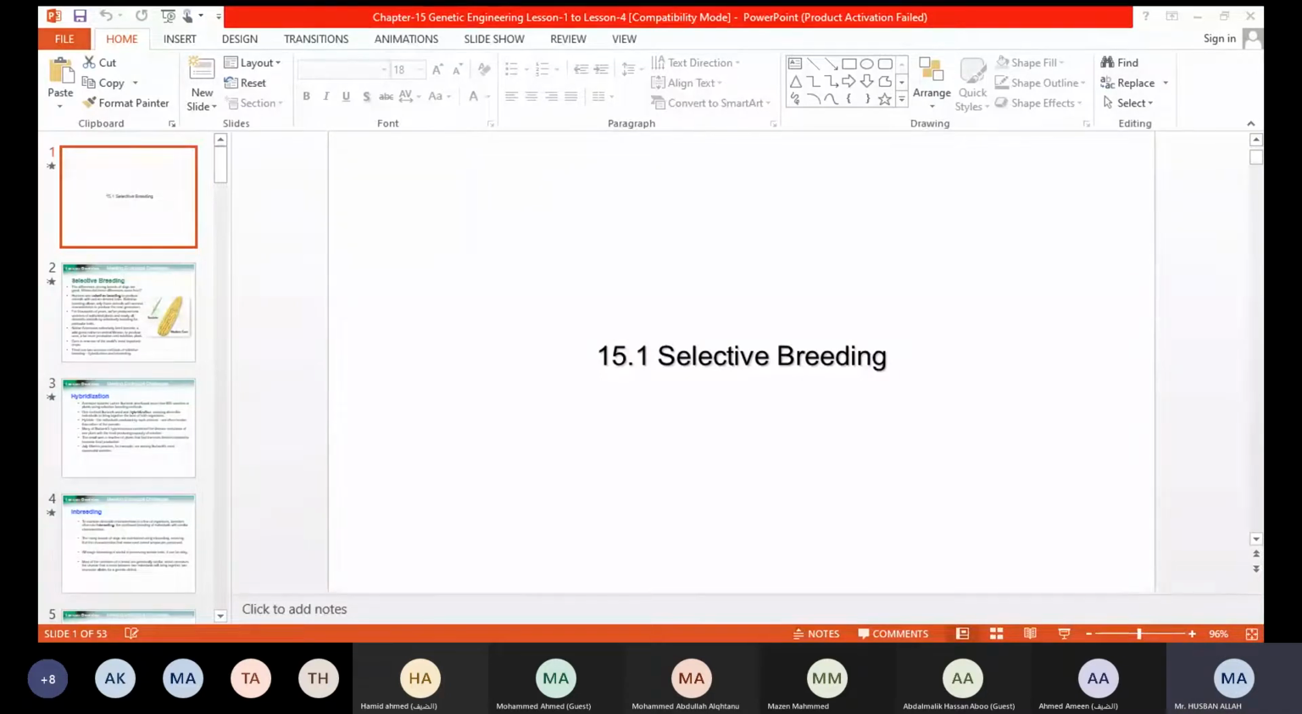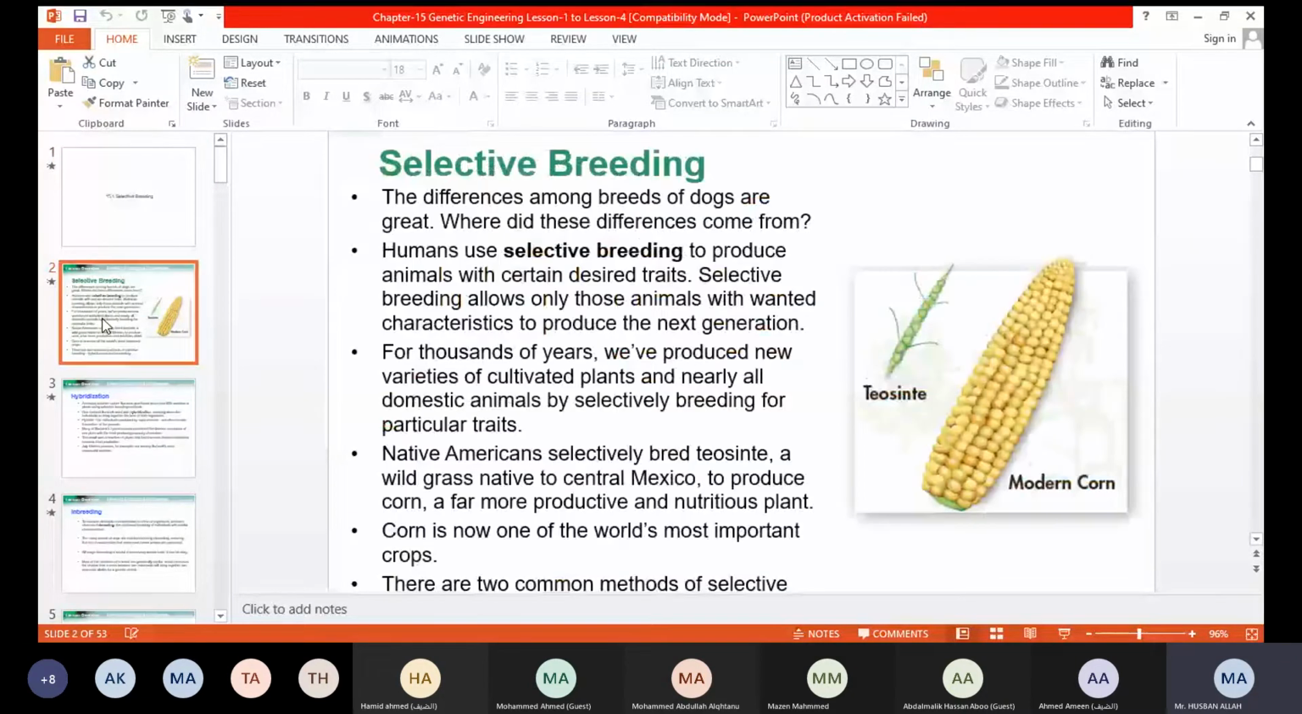In fact, this entire chapter on genetic engineering is very interesting. The first lesson we are doing here is about selective breeding. If you look at the name, selective breeding indicates,